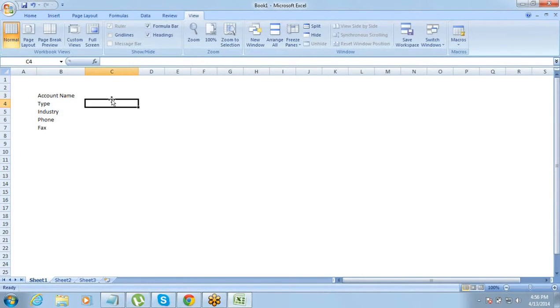So account name can be IBM, type can be customer, industry can be technology, phone number can be anything, fax can be anything.